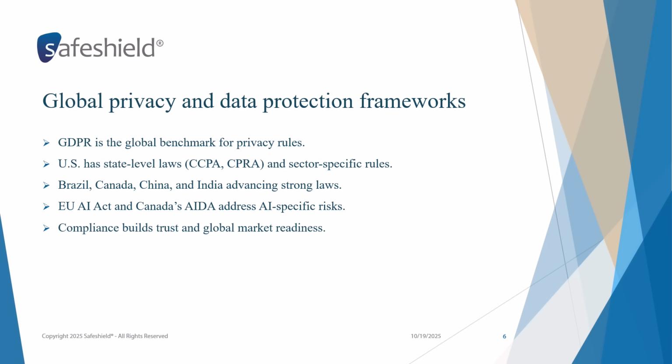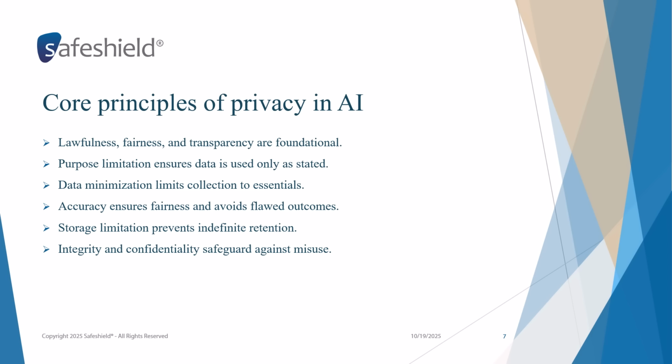For organizations, keeping track of these evolving frameworks is critical. Compliance ensures not only legal protection, but also competitive advantage. Businesses that demonstrate strong privacy and data governance practices are more likely to earn customer trust and succeed in global markets. To design AI systems that respect privacy, organizations must adopt key principles that guide how data is collected, used,